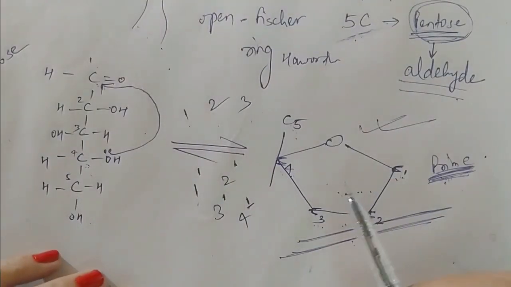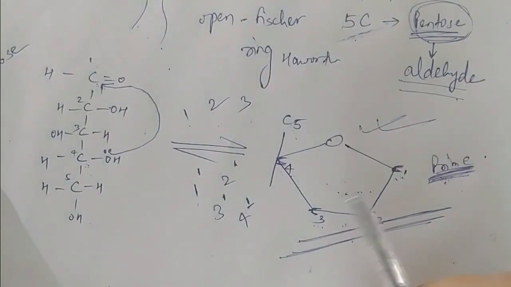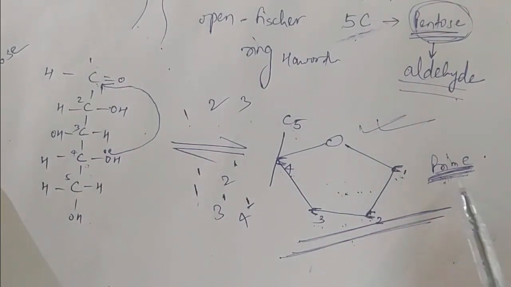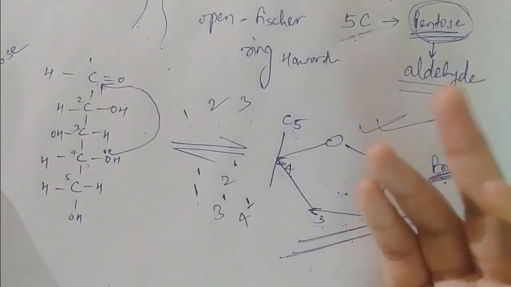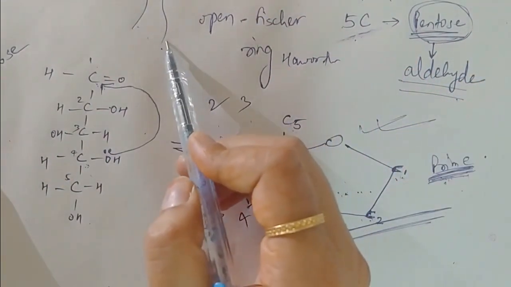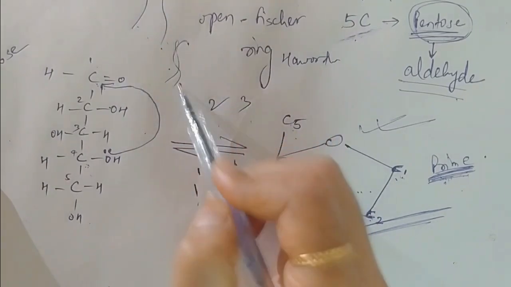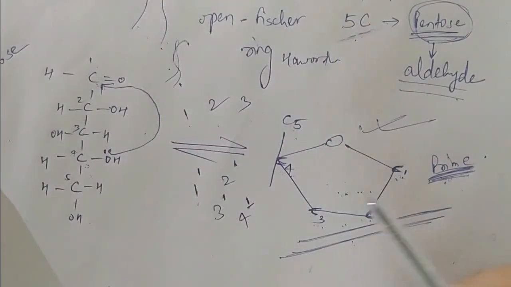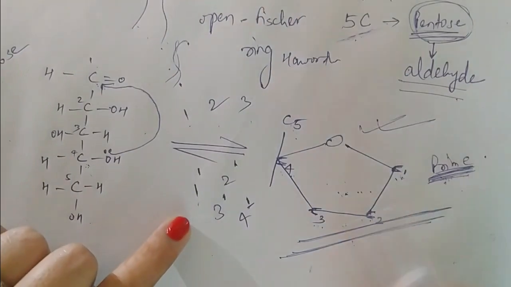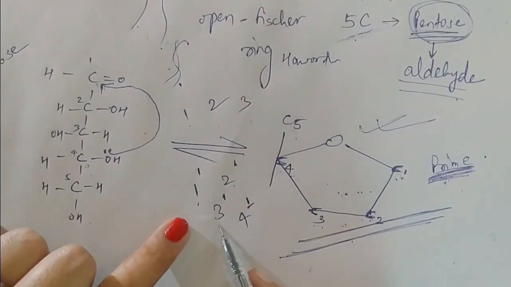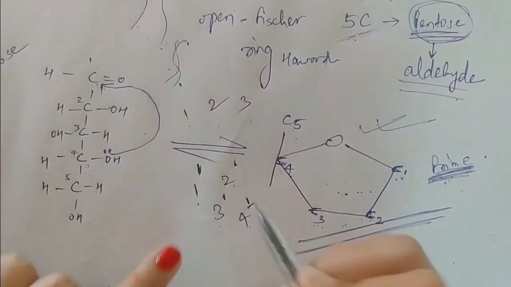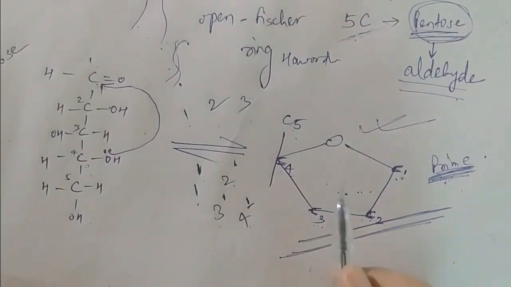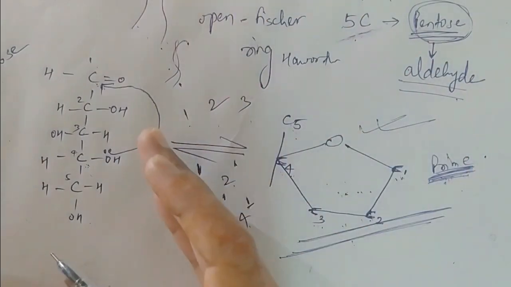The 5 carbon atoms of the ribose of DNA or RNA in fact are numbered by using a word prime, P-R-I-M-E. DNA and RNA are similar in structures. We will talk about this later on. And RNA is only having a single strand, whereas DNA is made up of 2 strands. So we will number the carbon atoms as 1 prime, 2 prime, 3 prime, 4 prime and so on. This dash is called prime. This is done to differentiate between the carbon atoms of the sugar and nitrogenous bases.